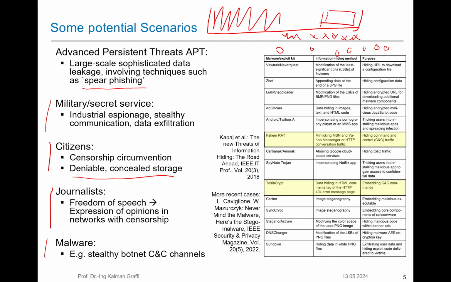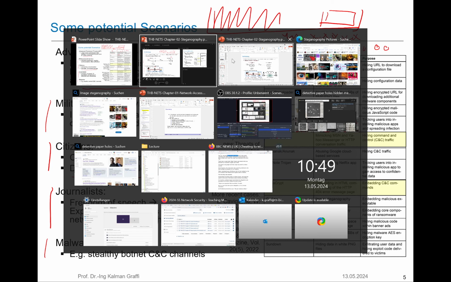Here's an overview from a publication that I put together, and it's not mine, but this is just showing where steganography has been observed. For example, when visiting some websites, the least significant bits in favicons, that means if you visit a website, typically at the top left of your browser,